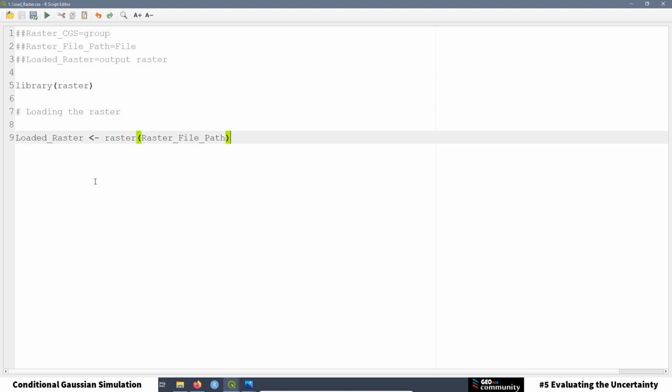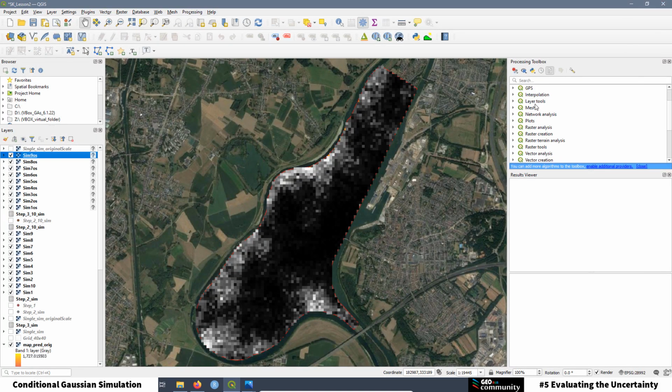That is pretty simple, right? Then the name of the file is going to be loaded raster, and the script is just raster. And inside the raster function, we put the path where we saved that raster file, this path over here. Then we can close this one here because we already saved. Now we can go to R,